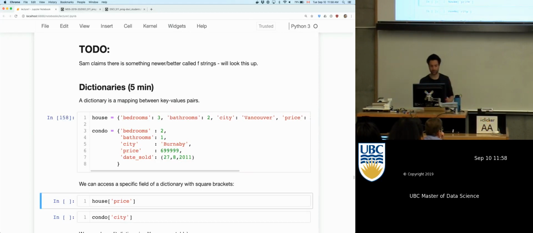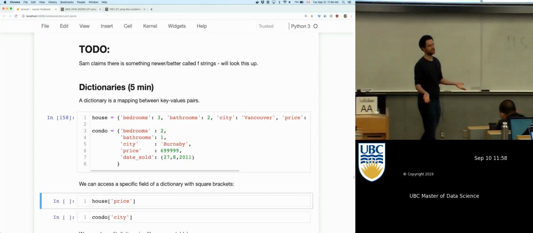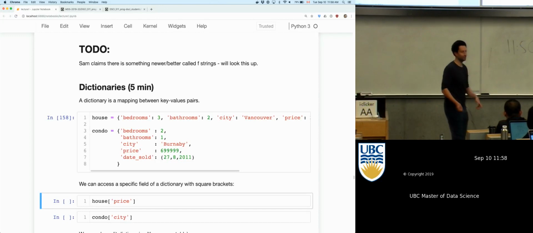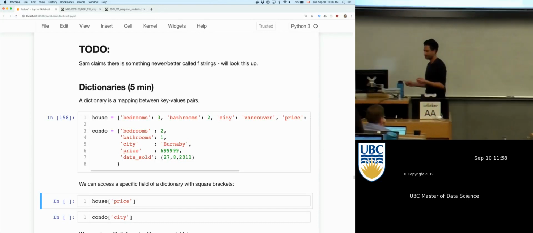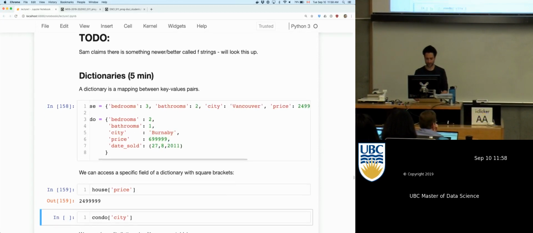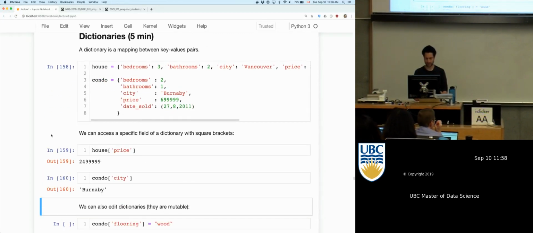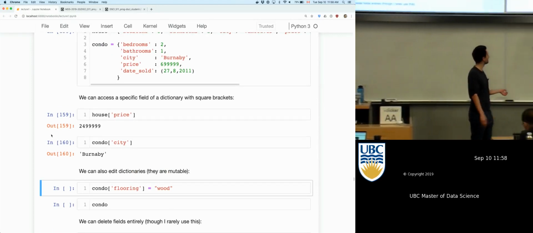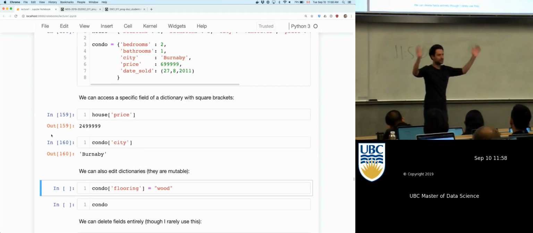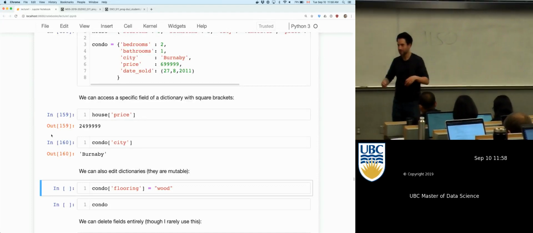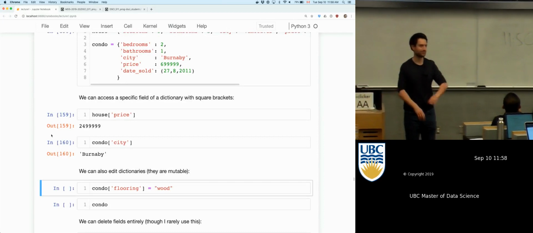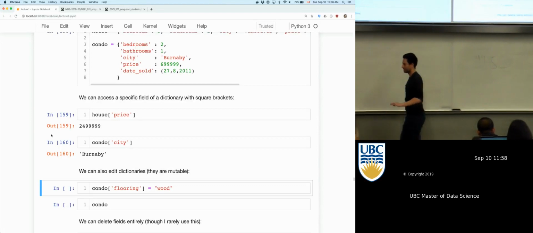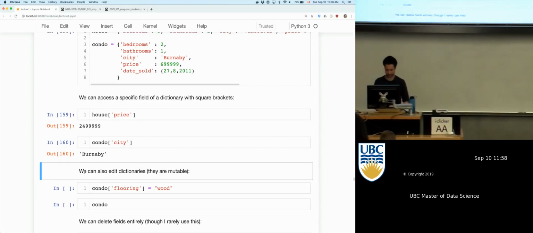Okie dokie. So the way we access things in a list or tuple, we use square brackets, but instead of saying the 0th element, we say the price element, because again, we're referring to the elements by names, not by numbers or index. So tell me the price of the house, tell me the city of the condo, and you edit things just like you would edit a list. We saw earlier with the list, you could say x square bracket 0 equals 5. That means set the 0th element to 5, and it's the same thing here, except again, you're referring to a name. Now, if flooring was already in there,